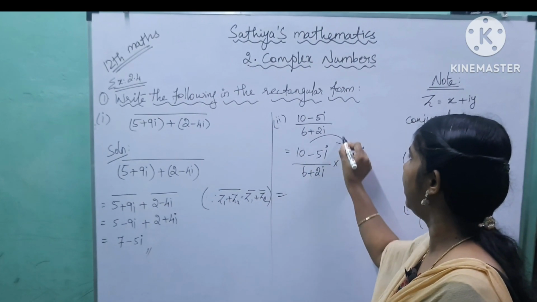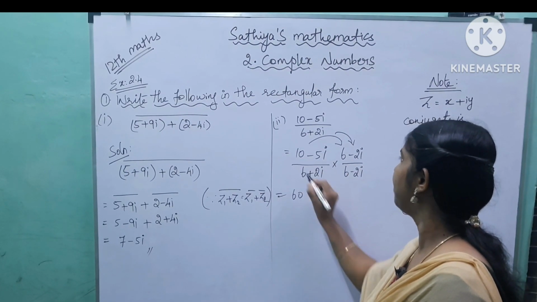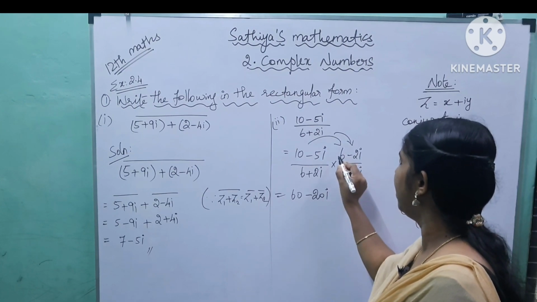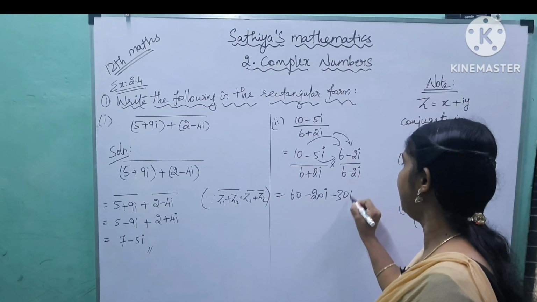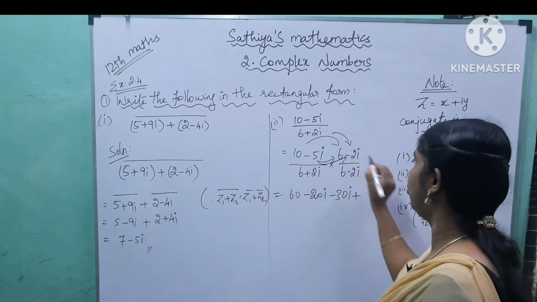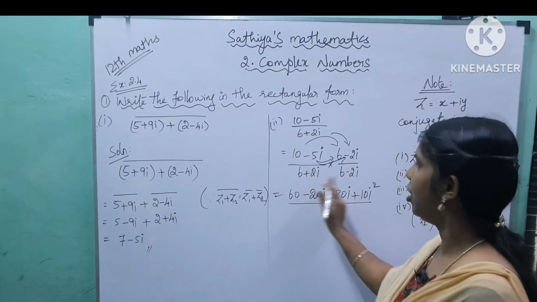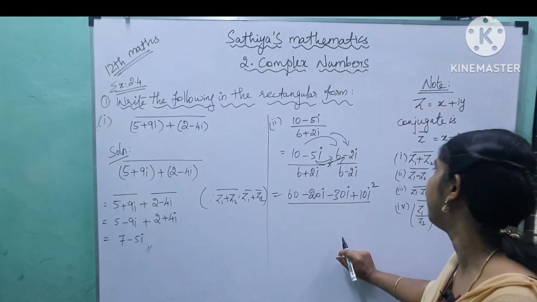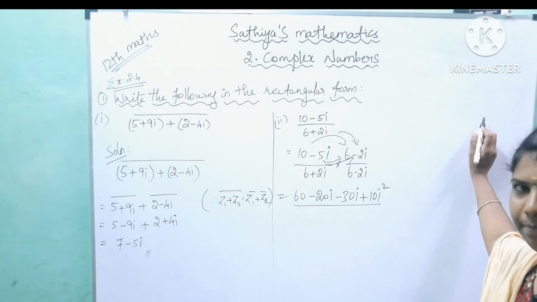So multiply term by term. 10 into 6 is 60. 10 into minus 2i is minus 20i. And minus 5i into 6 is minus 30i. And minus into minus plus, 5i into 2i is 10i square. And the denominator is in the form of x plus iy into x minus iy. Whenever a complex number and its conjugate are in multiplication,